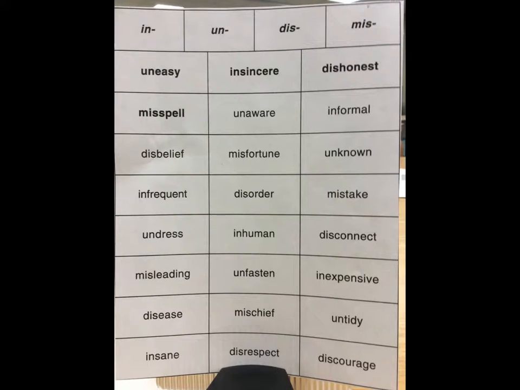Our list this week is going to go back to one of the skills that we were working on a little bit earlier in the year, prefixes. You're probably going to notice that our words are a little bit more challenging, and we'll be working with some different prefixes as well as looking at base words that the prefixes are added to. All of the prefixes that are added to the base words actually change the base words to a negative meaning, or the opposite of what the base word means. So we're going to go through each of those after we read our word list. So let's go ahead and start.